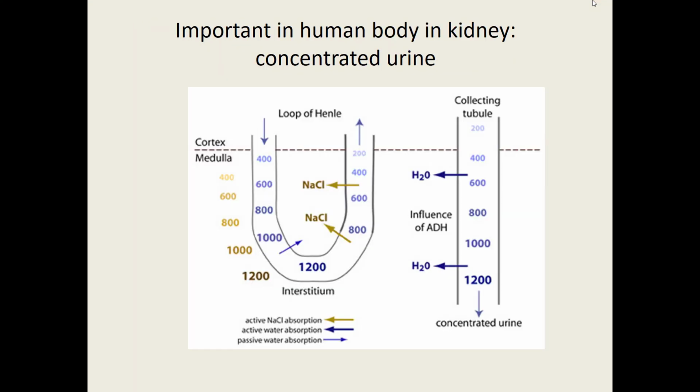Osmotic pressure is important in the human body, in the kidney. As the kidneys clean our blood, a lot of water is taken through them, and we do not want to excrete all our water, so we want to keep the water in our body. So our kidneys will concentrate the urine so that we get rid of the salts and the waste products that we don't need, but keep the valuable water in our bodies. And so through osmosis, moving from high concentration of water to low concentration of water, we will be able to concentrate that urine and keep the valuable